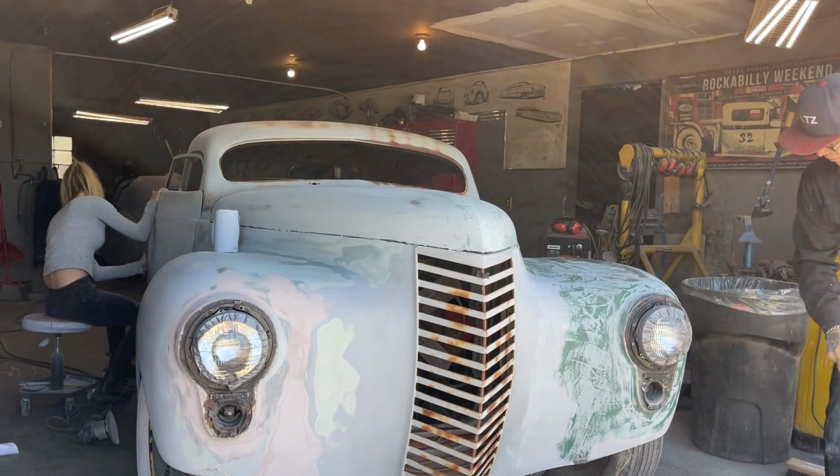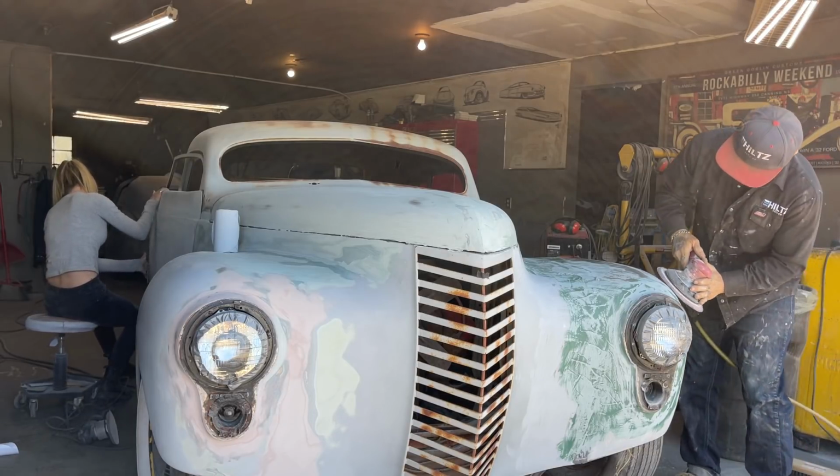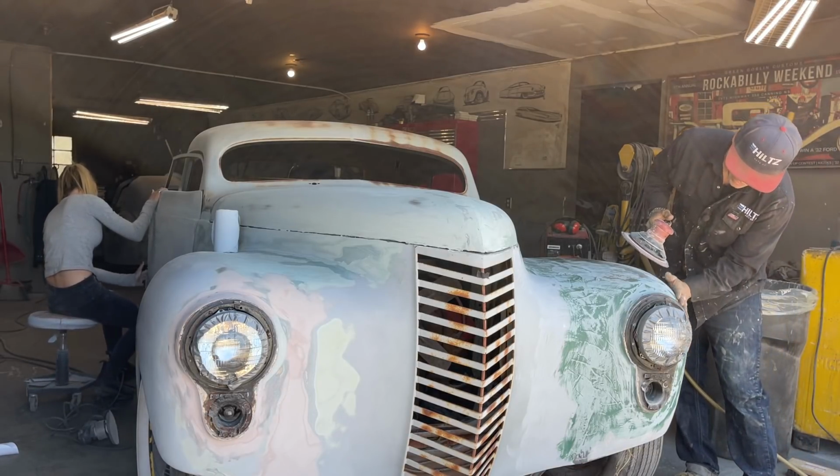Probably should have scratched up more around here. Where it's not scratched up, you don't want to put filler over top where it's not scratched. On the primer, that is on the...